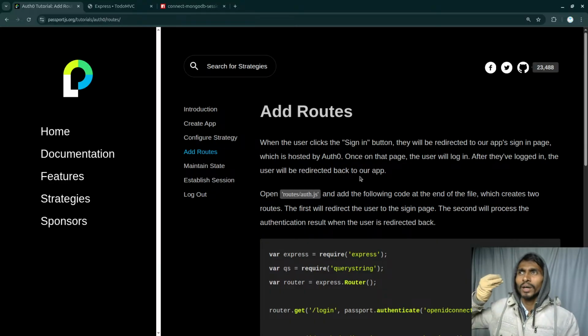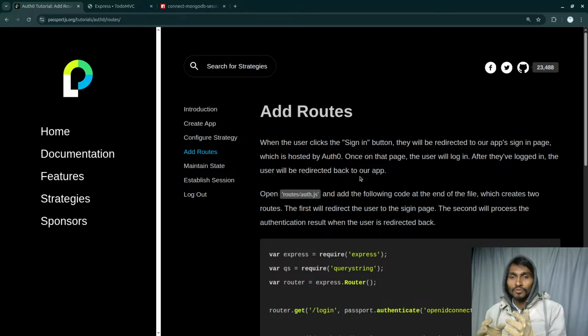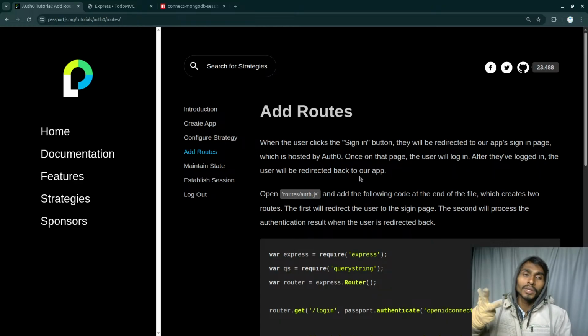What do you do? You just use your ID and secret. With the help of that, you send a request to that particular OAuth provider, Google or Facebook or GitHub. It simply sends you back the information. Then you use that information to check whether the user exists in your database or not. If the user exists, you just simply return the callback and redirect the user to the particular page. If the user does not exist, you will be creating the user.